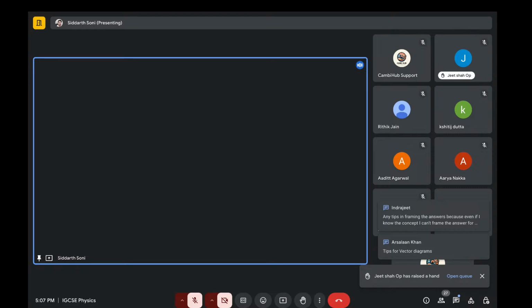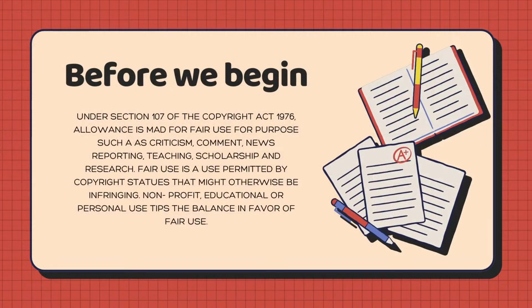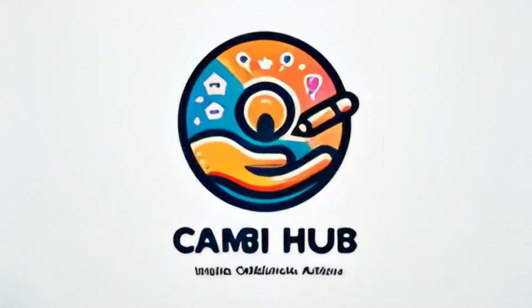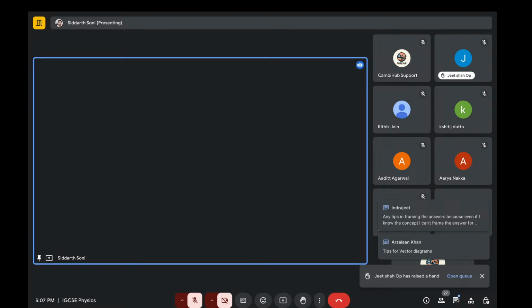Apart from this, what they can ask you is change in momentum and impulse, which would include force into time. I guess this part is easy. The only trick over here, my kids, would be that remember momentum is a vector quantity and so is velocity. So if they have mentioned, now this is the keyword, if the object collides and bounces back,